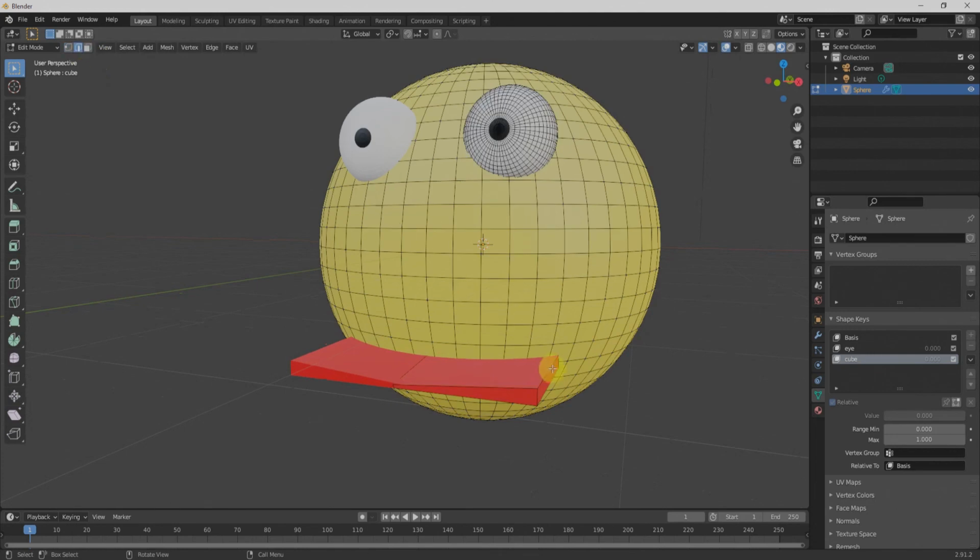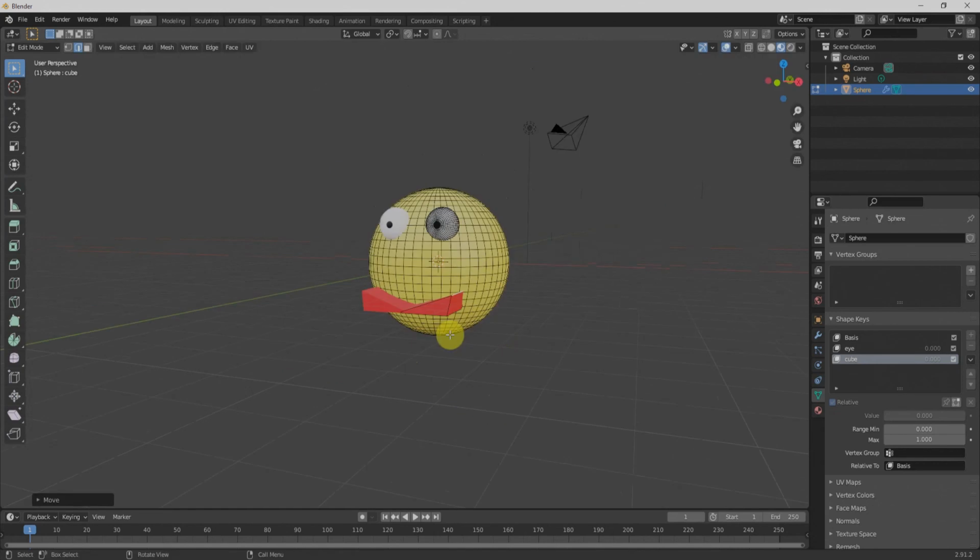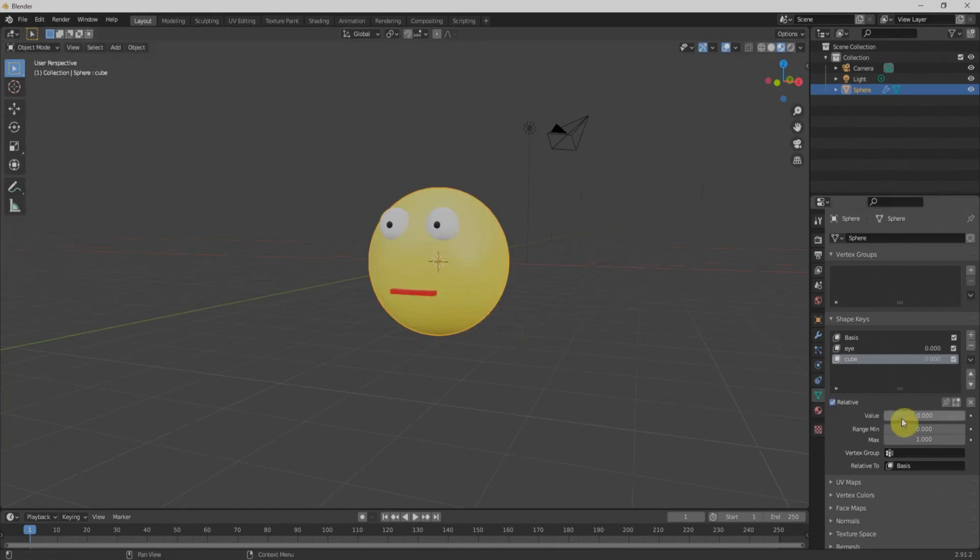We'll go for edge mode and do something. It's a weird effect, but that is just for learning. If I drag that value over here, you can see that effect coming.